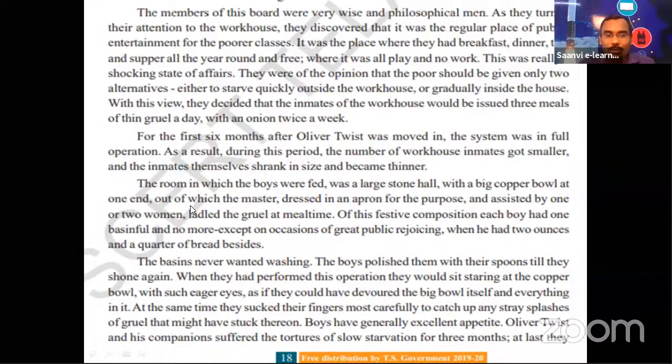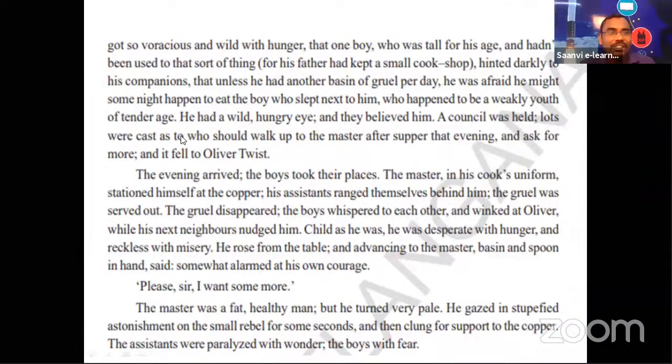At last, what happened? Let's see the next slide. At last, they got so voracious. Voracious means they wanted great quantities of food. They got so voracious and wild with hunger. They got very angry as they were not provided enough food to eat. They became wild. And there was one boy who was staying with them, who was tall for